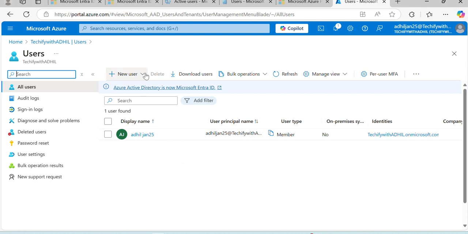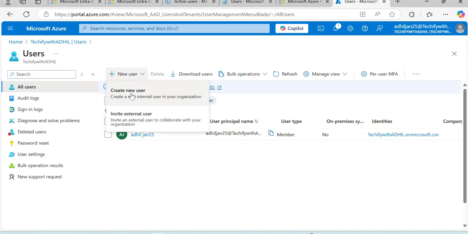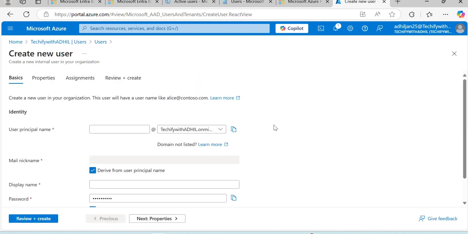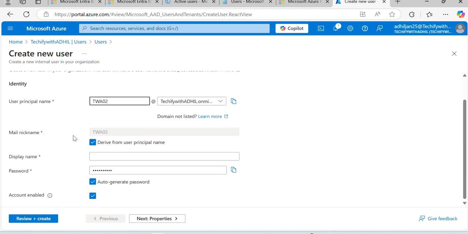Then I'm just adding a new user. There are two options. As we mentioned in my previous video, we can create a member user or a guest user. So create new user refers to a member user. For the user principal name, I'm just creating it as 02, since my account is already the first one. The nickname as this one. The display name we just make as 02 as well, and the password, I just use password 123,